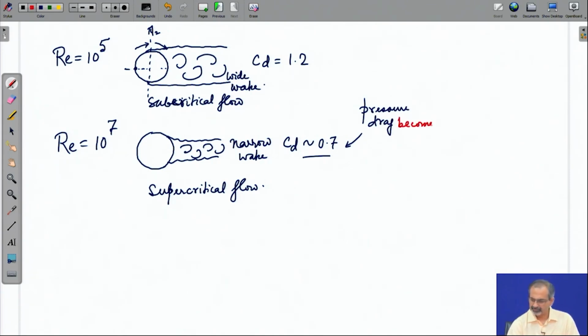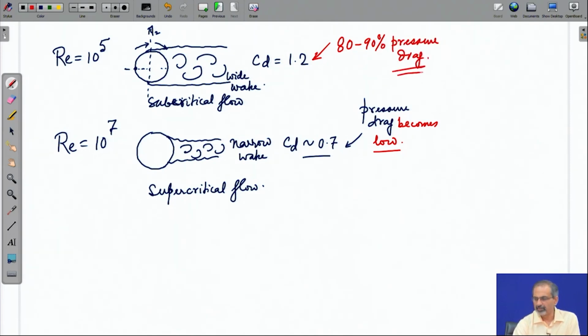It becomes low in the case of a narrow wake, and for bluff bodies, most of the drag contribution comes from the pressure drag. So, in this drag figure of 1.2, you can imagine that about 80 to 90% of it is pressure drag and the rest is skin friction. So, if the wake becomes narrow, the drag will come down dramatically, and that is what happens in a supercritical